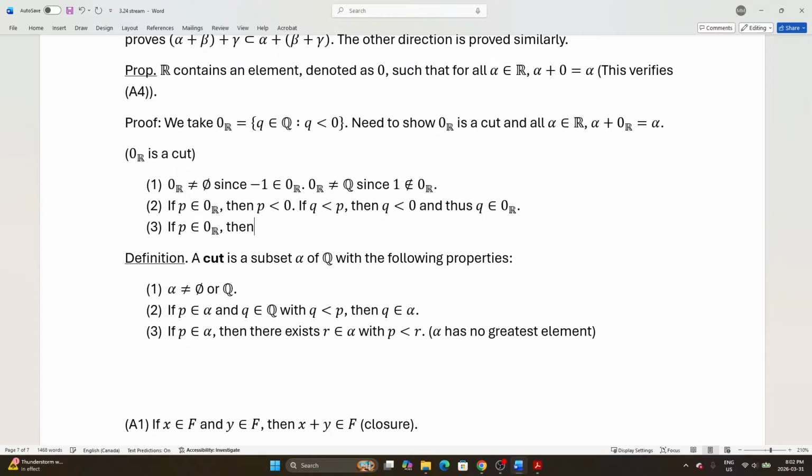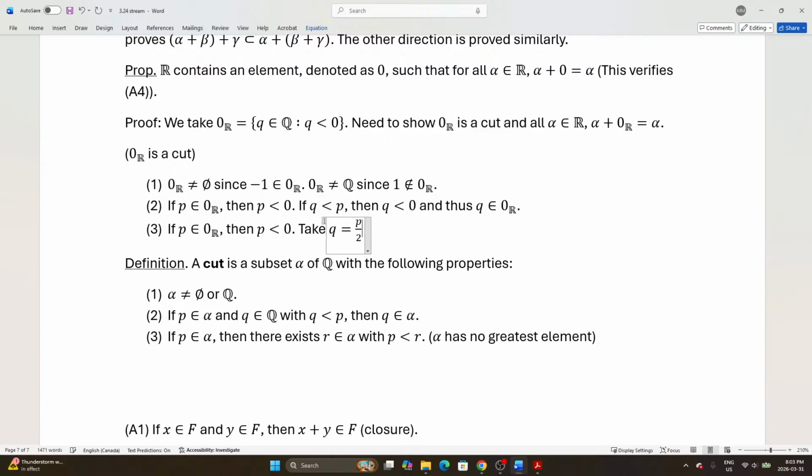Just take half P. Half P is greater than P because P is negative. We take R equals half P,